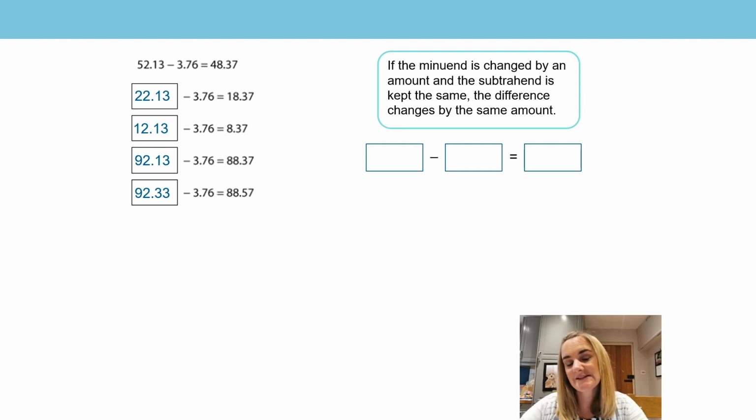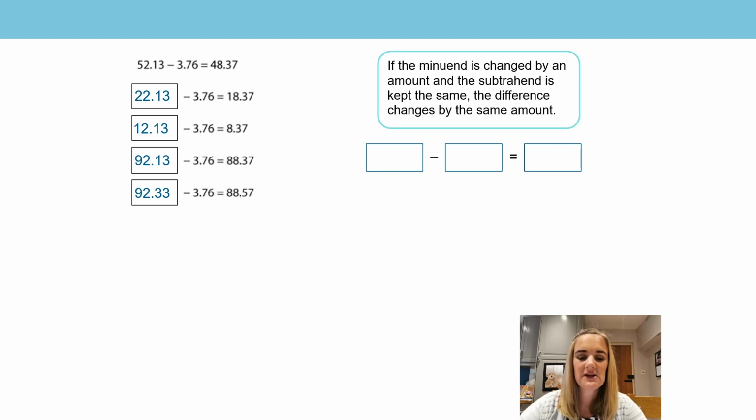Okay, so for the last thing you were asked to do, you were asked to see if you can find a way of completing these empty boxes so they were still part of these related calculations. So what did you need to think about first? Remember our generalised statement? The minuend's changed by an amount, the subtrahend is kept the same, and the difference changes